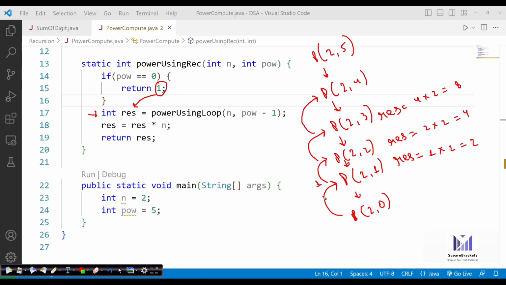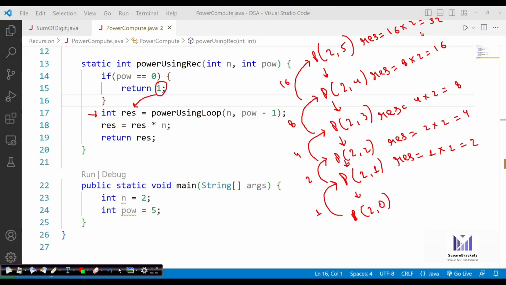So when power became 0, it returned 1. Then it returned 2. Then 4. Then 8. And now result will be 8 into 2, that becomes 16. Now 16 will be returned to the upper call and result becomes 16 into 2, 32.